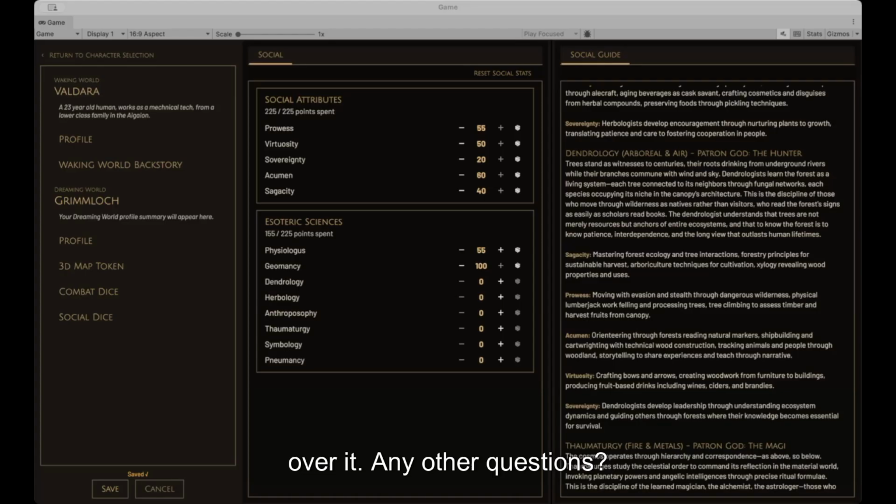Any other questions? Okay, so now my turn. Anything in here that is a real turnoff for you guys? Anything where you look at it and you're like, nope, I'm out of here. I need this in my game. Has anybody had that reaction? And if so, please let me know what it was.